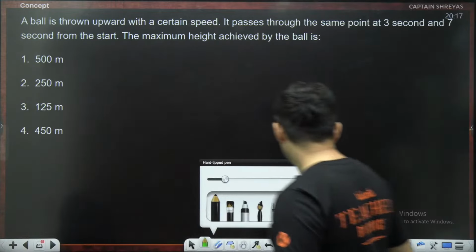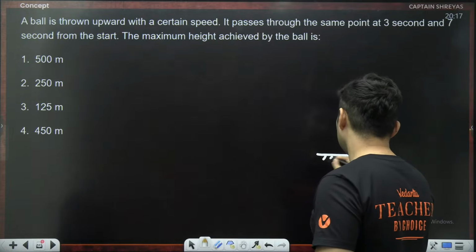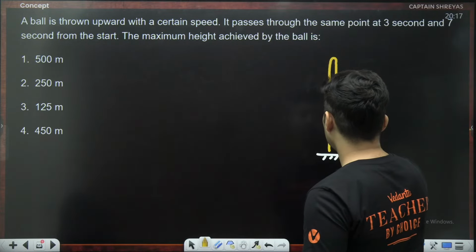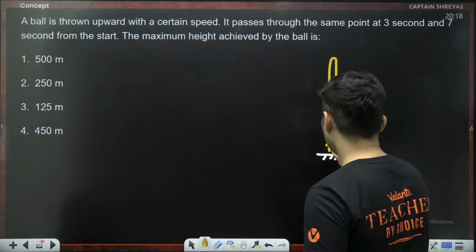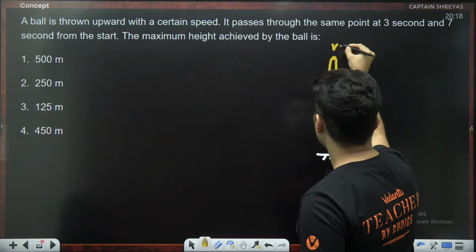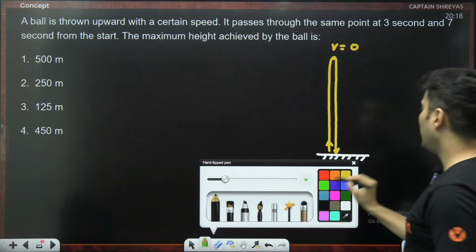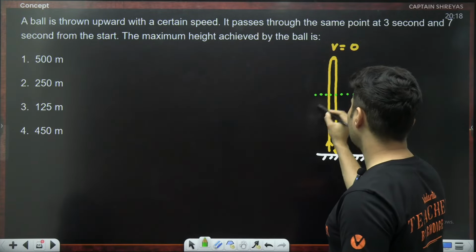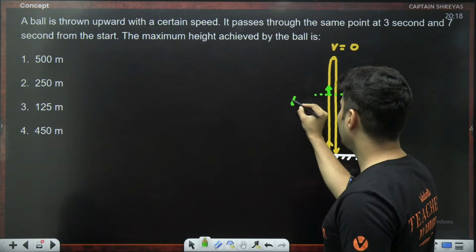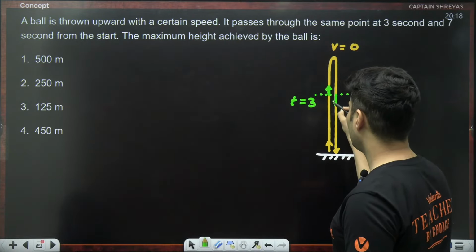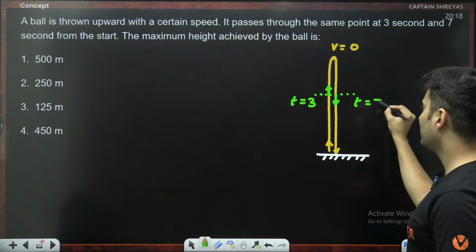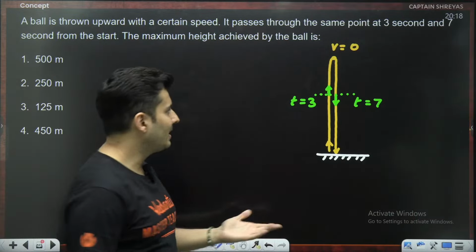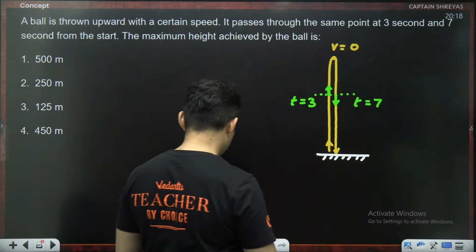Okay. Let's understand it. At 3 and at 7 seconds, the body is at the same level. We know the entire motion is symmetric. So while going up from here, the time was 3 seconds. While coming down from the same level, the time was 7 seconds. Because the time taken to go up and come down is the same, this entire journey, just this much part,